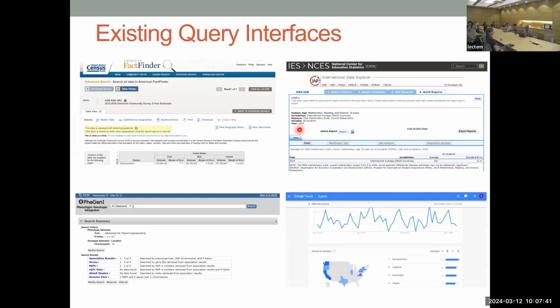All right, and there's lots of examples of these. These are from government agencies in the US, Census Bureau, education statistics, genomic data, as well as from tech companies, Google search trends that are examples of statistical query interfaces like this that are in the scope of